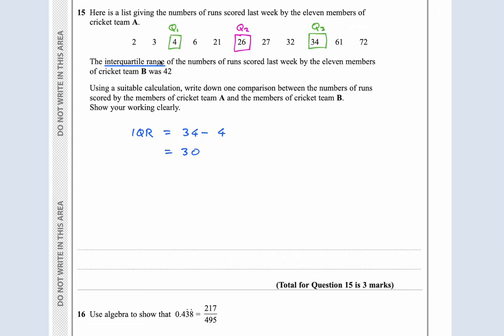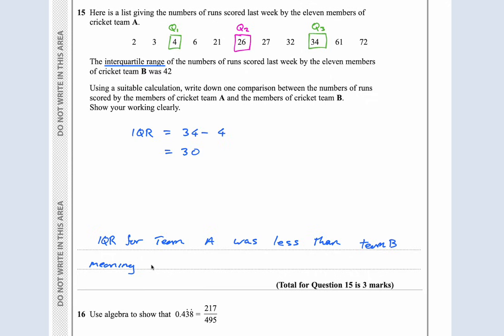So we could say that as one comparison, because the interquartile range helps us with how spread out the data is, I can say the interquartile range for team A was less than team B. The interquartile range for team A was less than that for team B, meaning